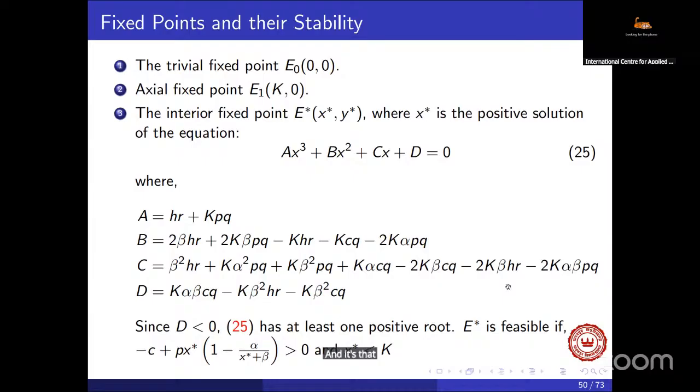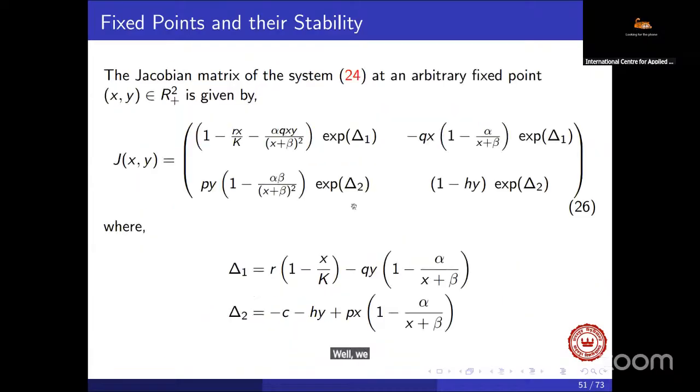and C and x star less than t. Now, to find the nature of the flow in the neighborhood of the equilibrium point, we write the Jacobian matrix of the system 24, which is 26. From the Jacobian matrix, we try to find the local behavior near the equilibrium point. In E0, the point (0, 0) is always a saddle point,